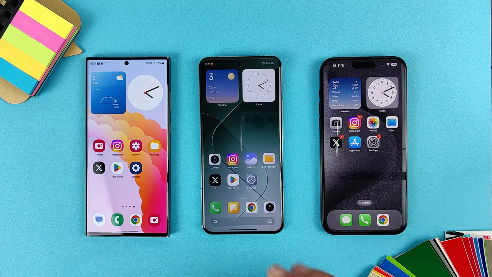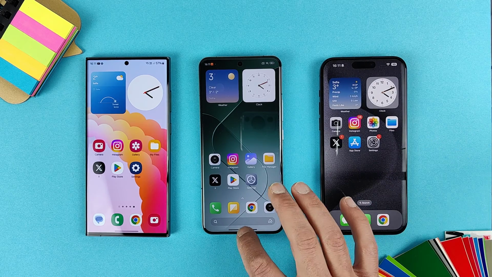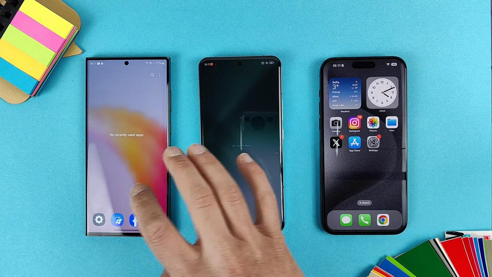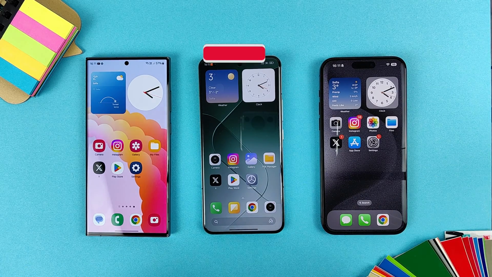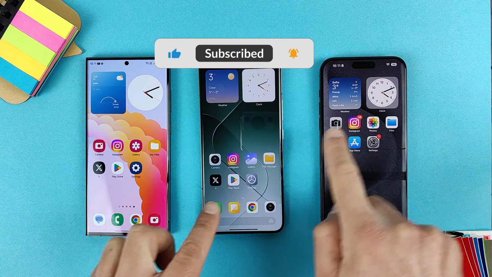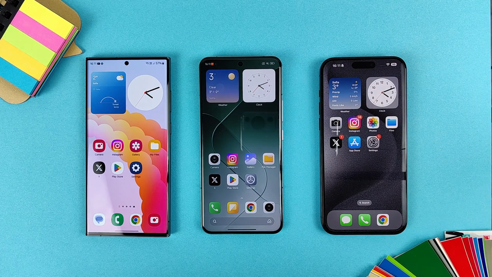Okay, just for reference, here are the three devices. Everything is clear from the recents. You can see here, from here to, and from here to. So recents are empty and devices are ready. Just to let you know, I will pre-launch all these applications and widgets, and first let's go and check the